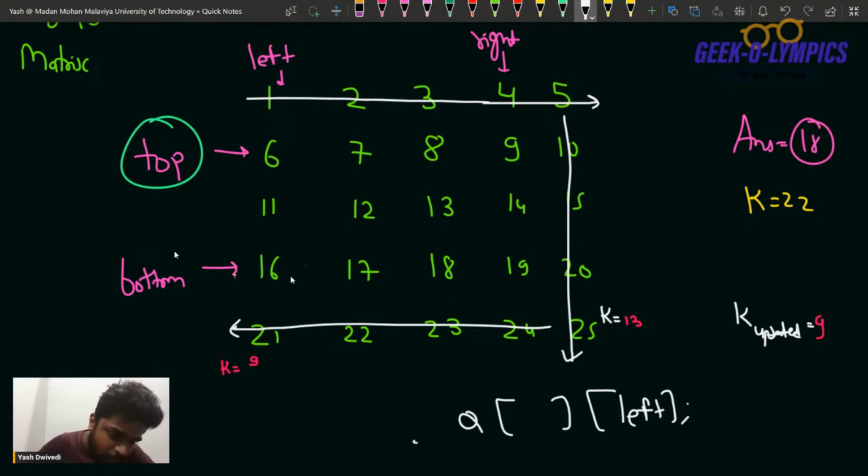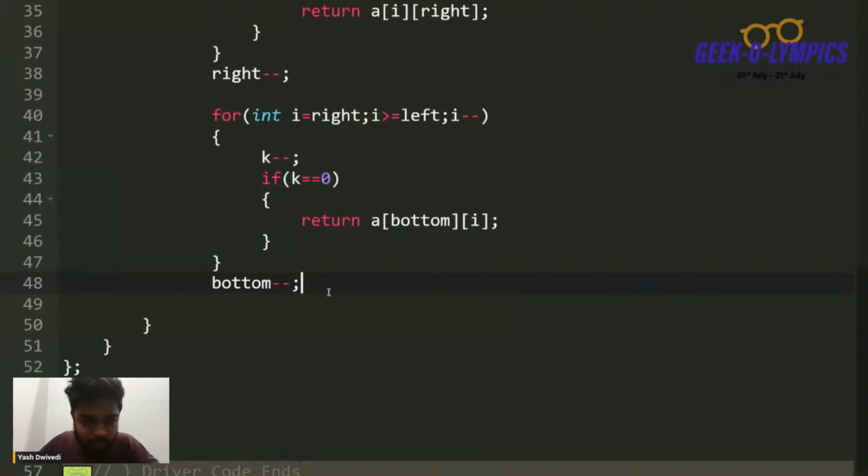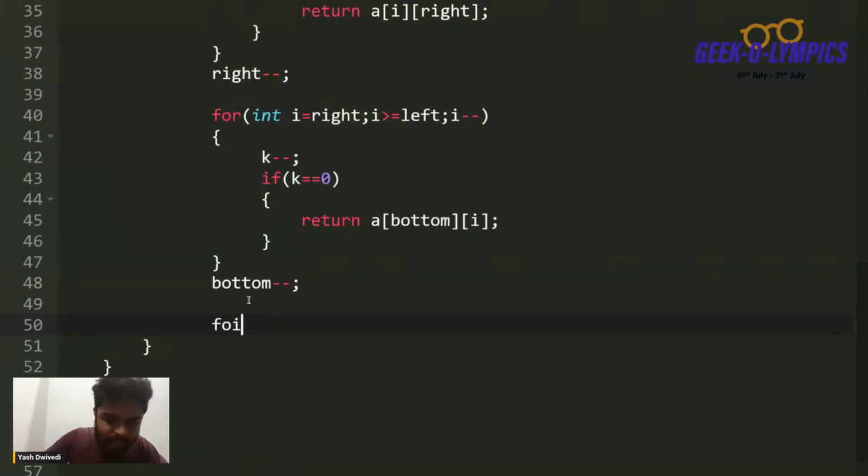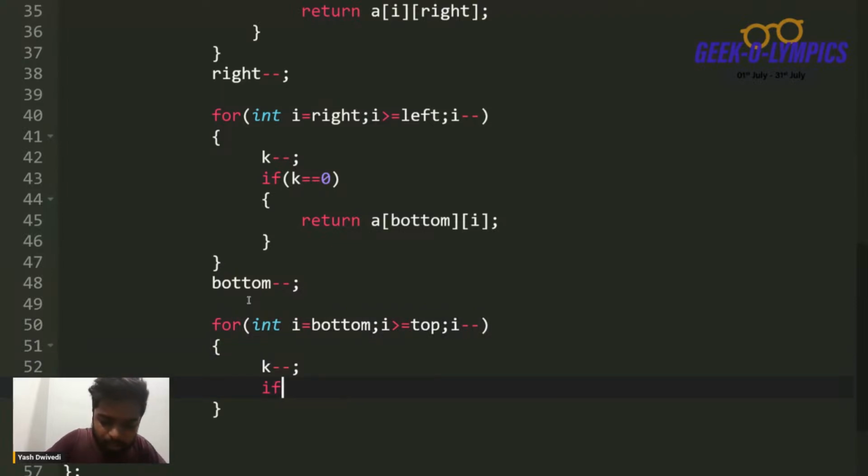So I need to run a loop from the bottom till the top, because I'm going from the bottom till the top. The column will be fixed, that is nothing but the leftmost column. So just after this loop, I will write a for loop. i starts from the bottom, and then i will be greater than or equal to the top, and since we are moving up, we'll decrease the i value, and we'll keep on decreasing the k value. And suppose at a particular point of time, if the k value becomes 0,